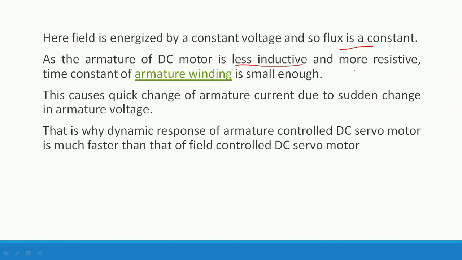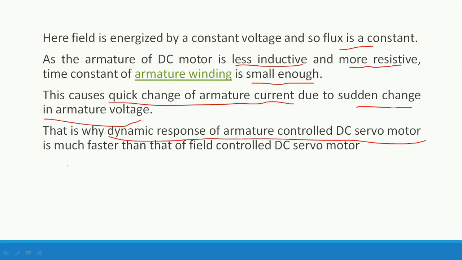A small change in armature current can cause a quick response.